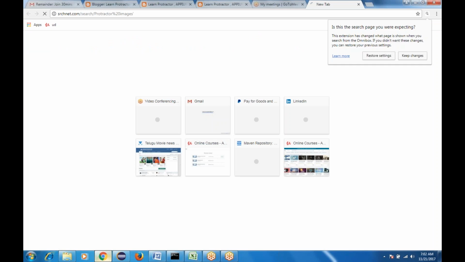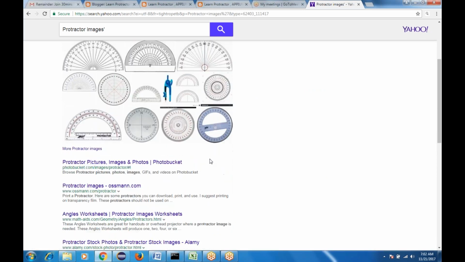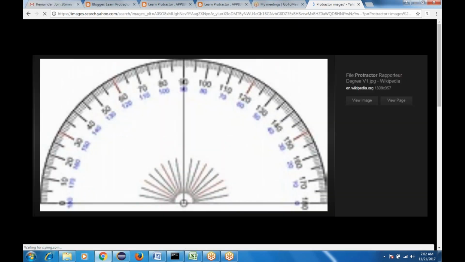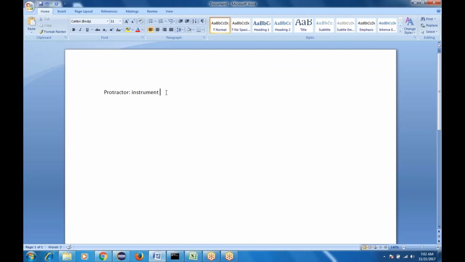Let me show you this one. So this is the one. If you people have an idea on this particular one, whenever we were studying in our school ages, we had these protractors for measuring angles and other things, right? So now people are using the name Protractor, which is used to automate